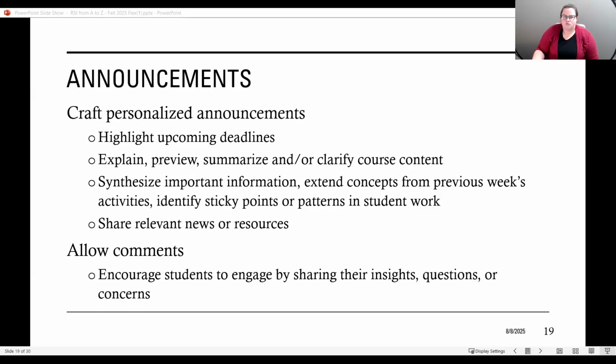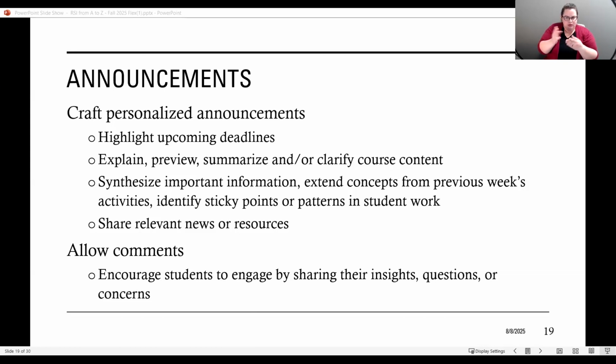So, announcements. Yes, we can highlight upcoming deadlines, but give it some substance. We can use it to explain, preview, summarize, or clarify content that we notice some students were struggling with from the past week. We may want to identify any sticky points or patterns that we noticed from student submissions for assignments that week.